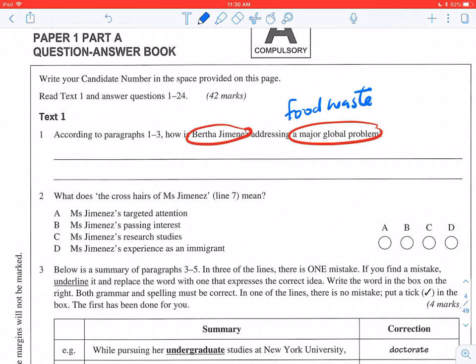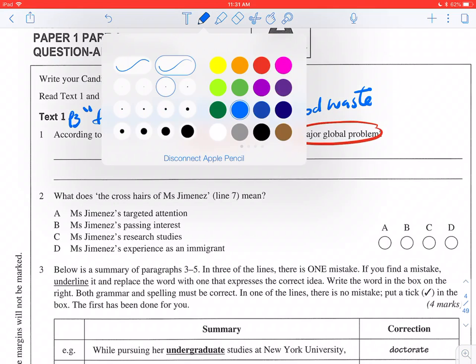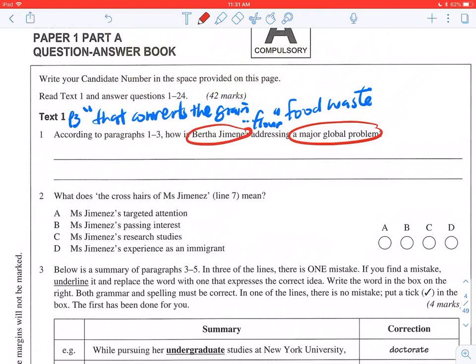So actually, you will get this from paragraph 3. All right, so the answer here is, if you put it in a full sentence,